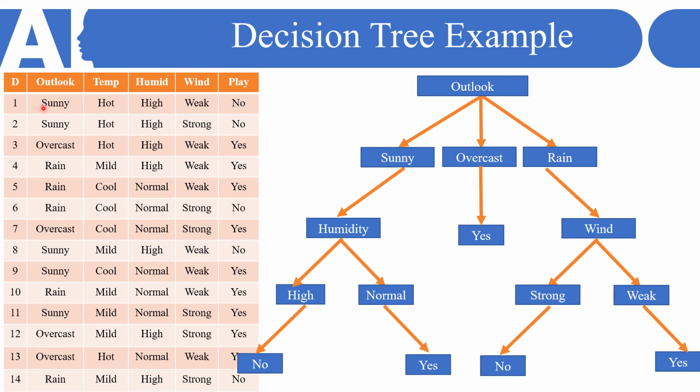So if you see, if the day is sunny, considering outlook, and the humidity is high, then I cannot play. If the day is sunny and the humidity is high again, I also cannot play. And if the day is sunny and the humidity is high, again I cannot play. But if the day is sunny and the humidity is normal, then in this case we can play on that particular day. And similarly for the last, if the day is sunny and the humidity is normal, then we can play here. So like this we can form this particular decision tree.